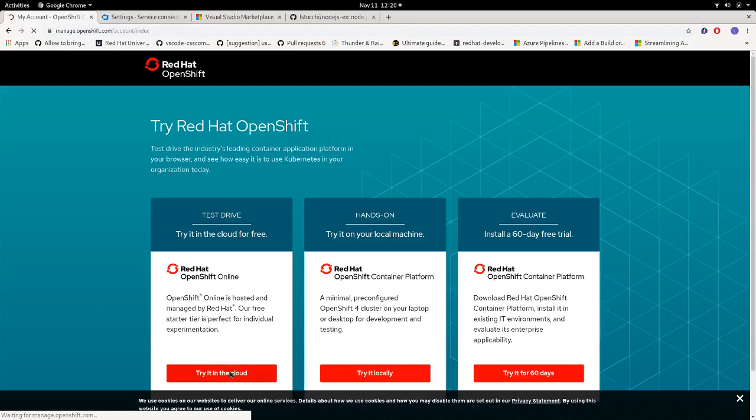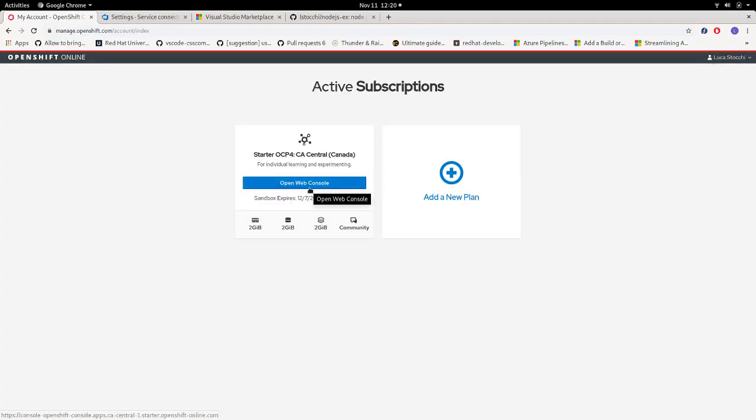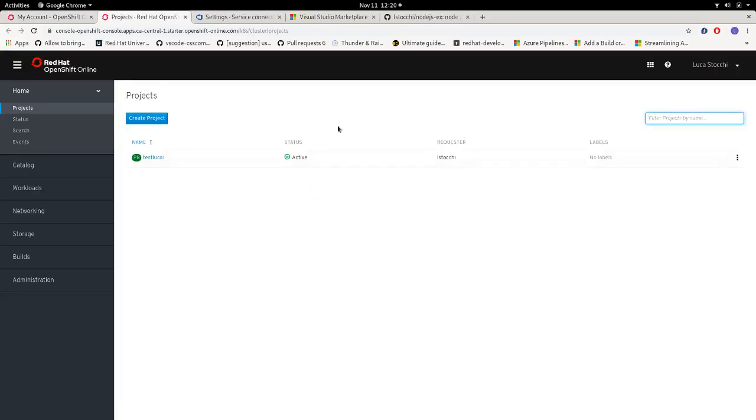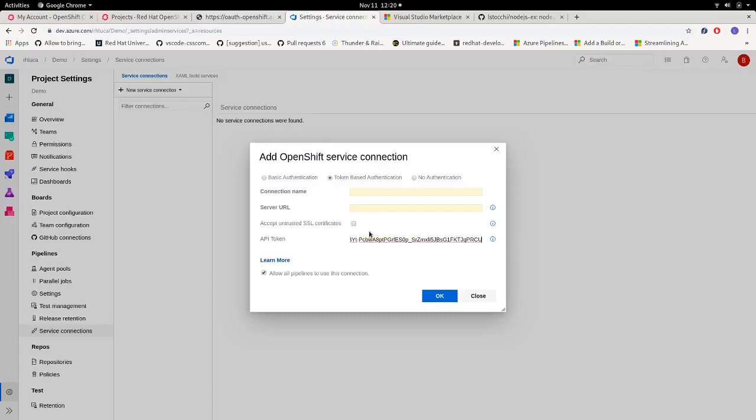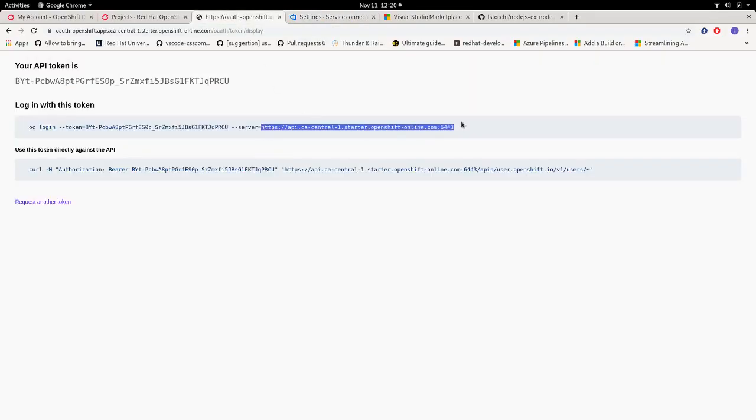we have an OpenShift Online cloud account. So we log in to the administration panel. If you click on the icon on the top right of your window and then Command Line Tools, Copy Login Command, and finally Display Token, you will find all the information you need to set up your OpenShift service connection. So let's copy what we need. In this case, the API token, the server URL,